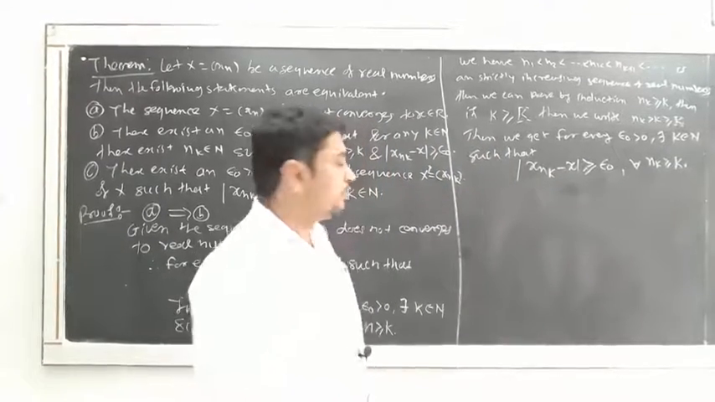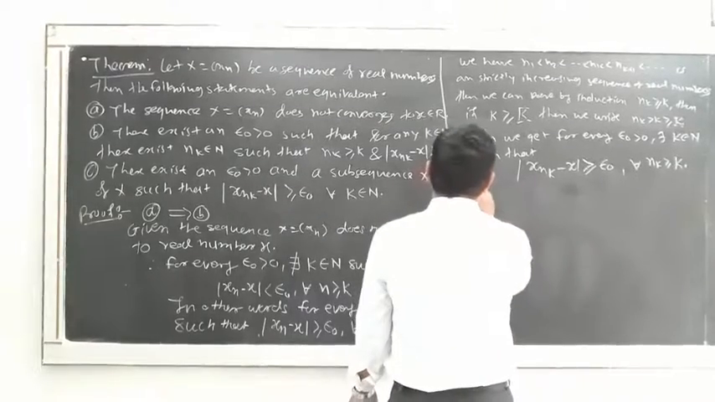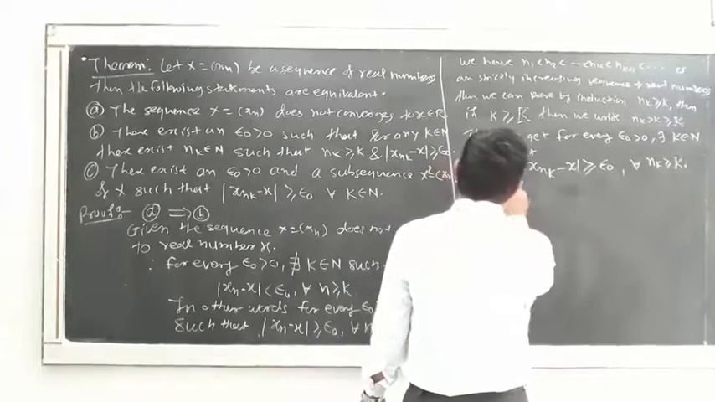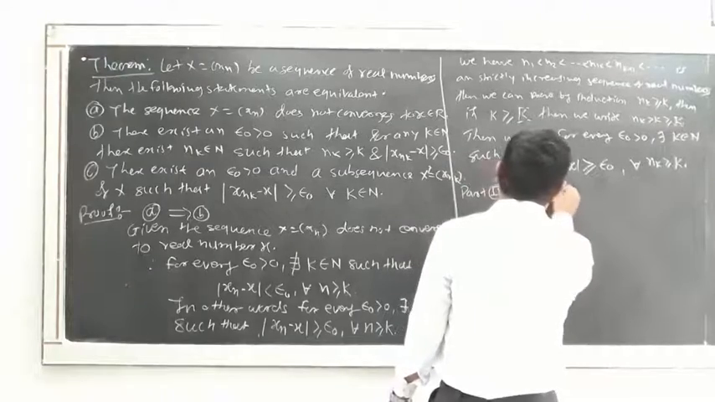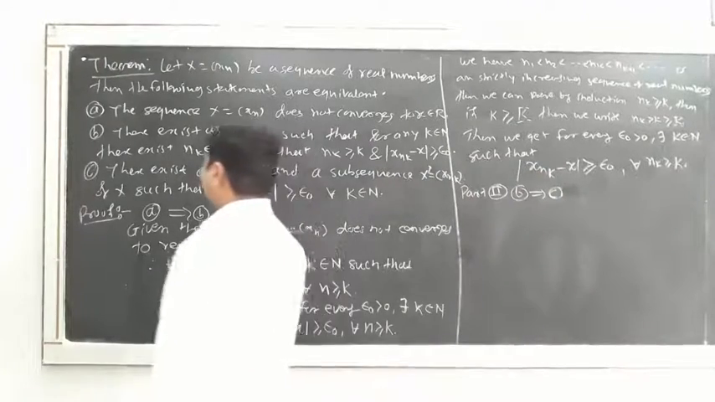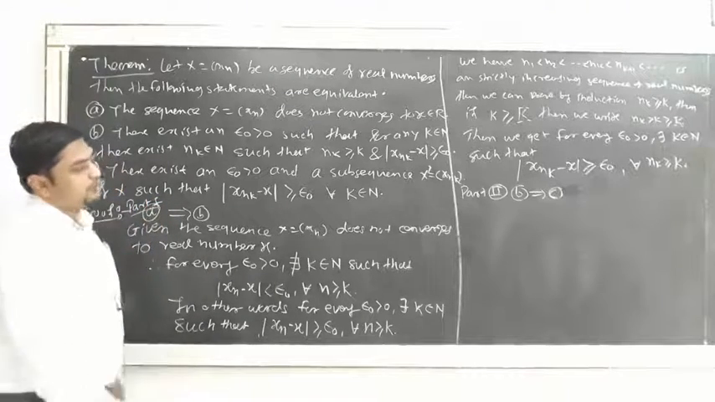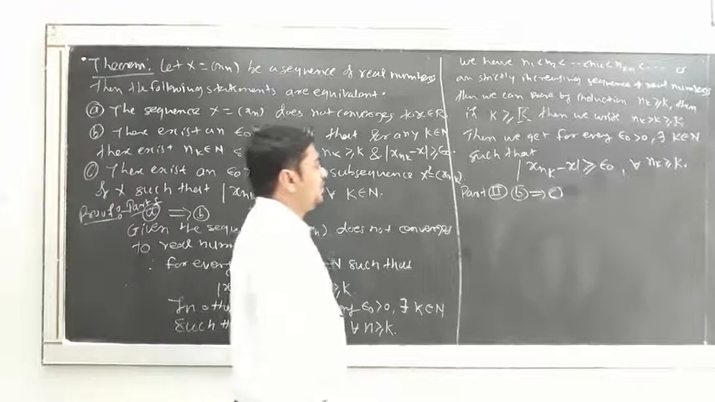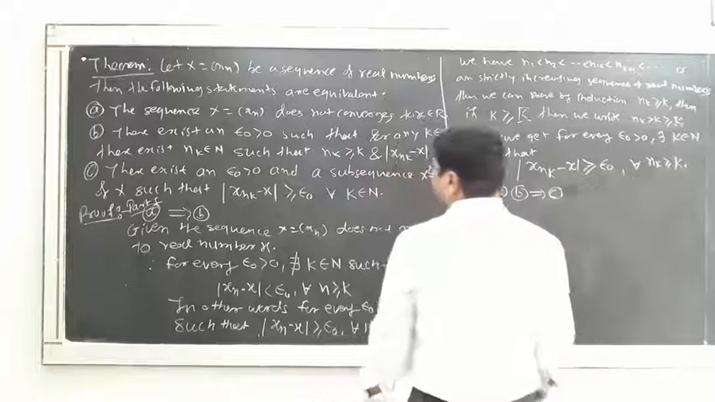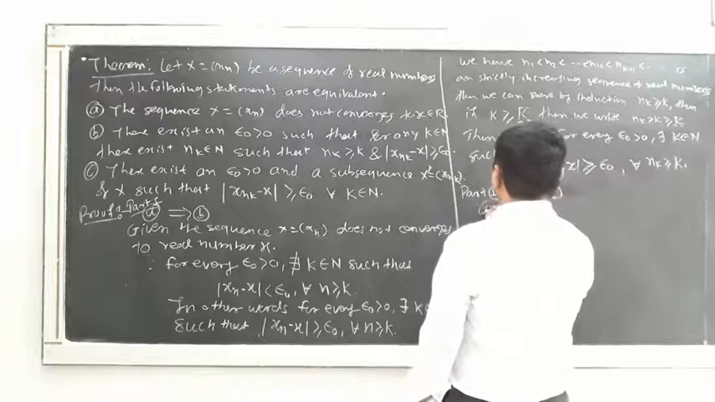Now we prove part second, that is B implies C. Here we proved part first, that is A implies B. Now we have to prove part second. And what is given in the part second? Given that